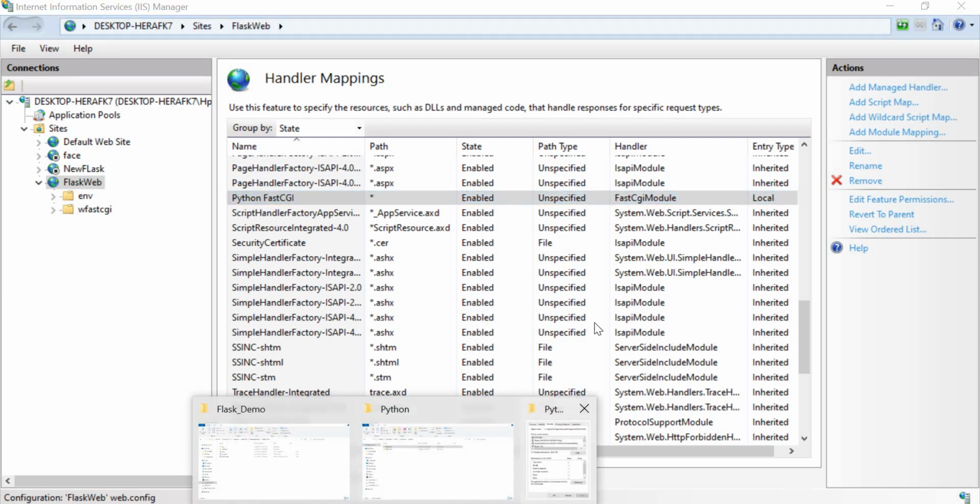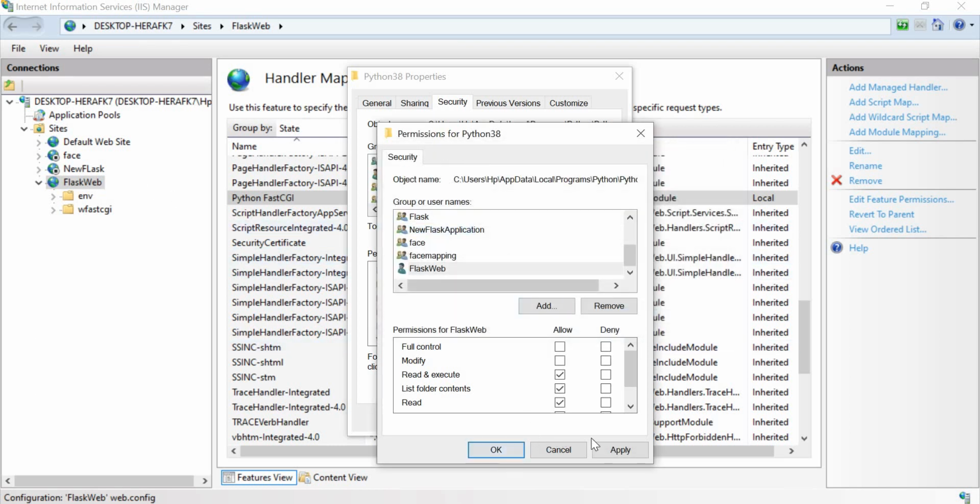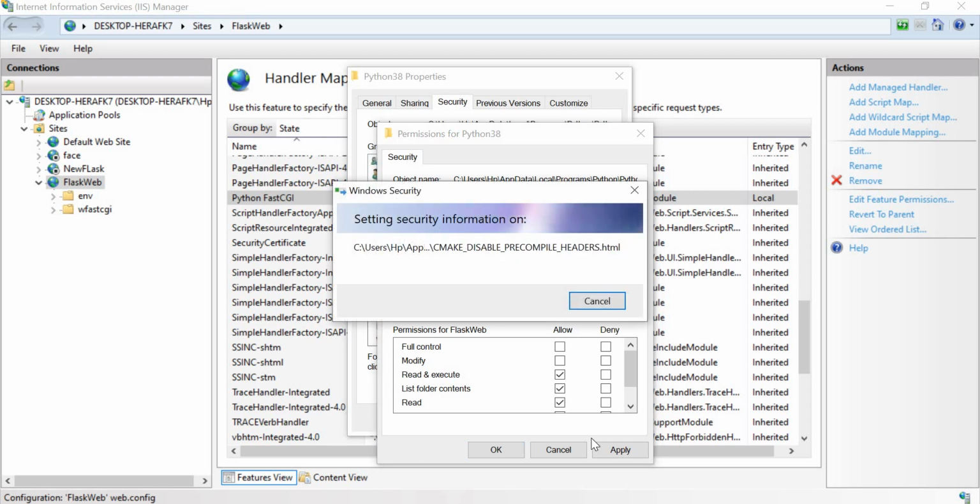So I will put Flask Web over here. When you click on Check Names, you can find that it is present, right? So click OK, click OK. Okay, let's finish these things, then we'll go further for the next process.